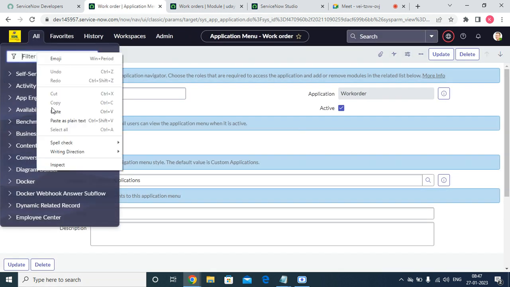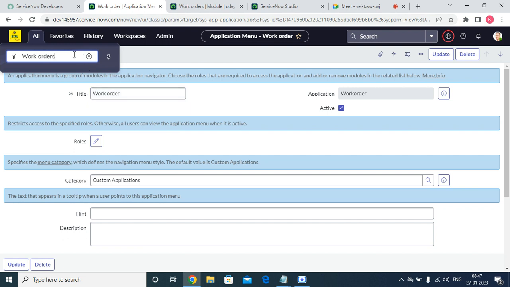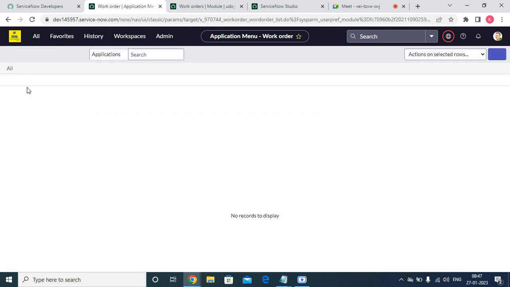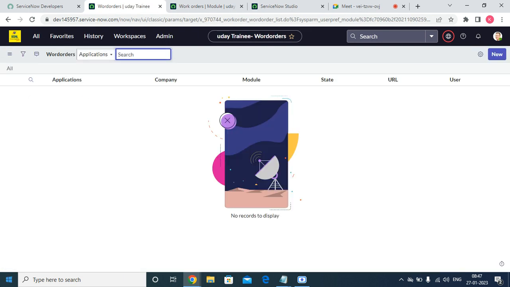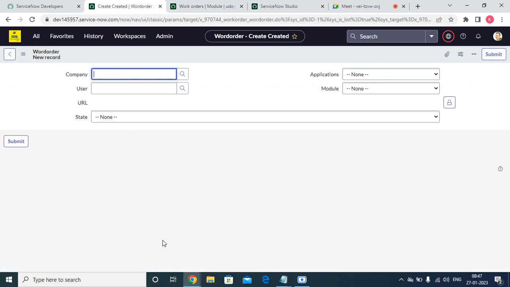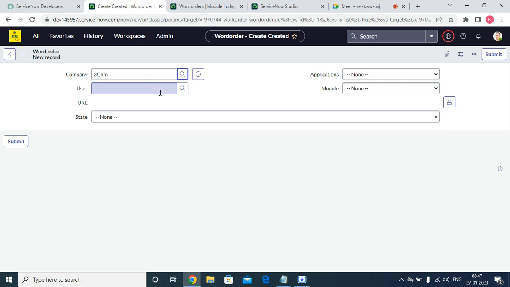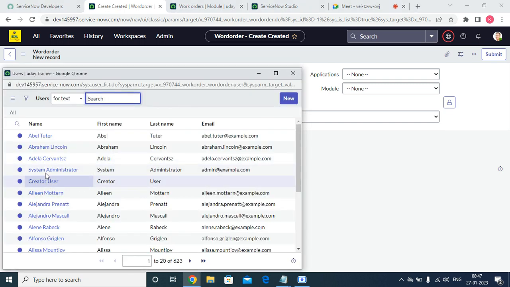If I go to the work order now, a new menu is created here. So from here, this is our table record. But right now there are no records, we have not created any. If I open this one, from here I can pick the company and I can pick the user,